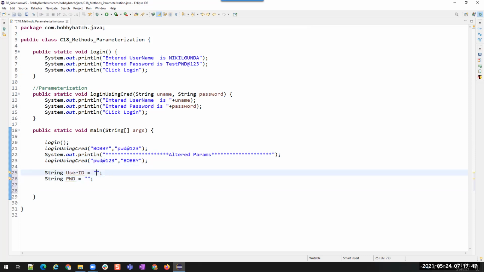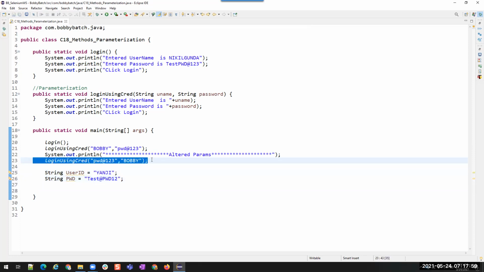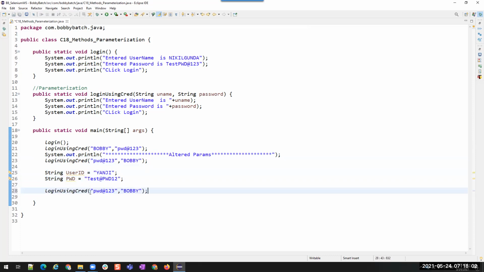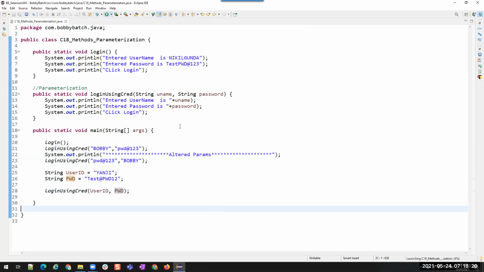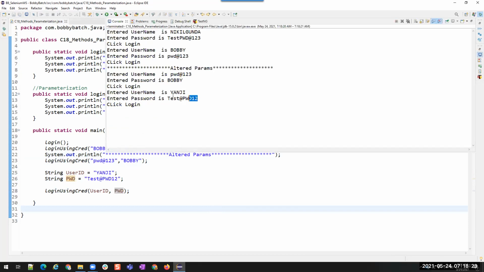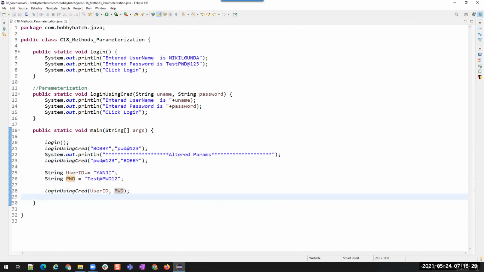So I can also store like this. I can just pass this user ID comma password. That's it. So when you have these values stored in variables, then you can just pass those variables, and then test password 1212. Like this we can do it.